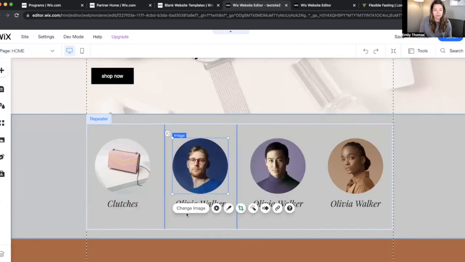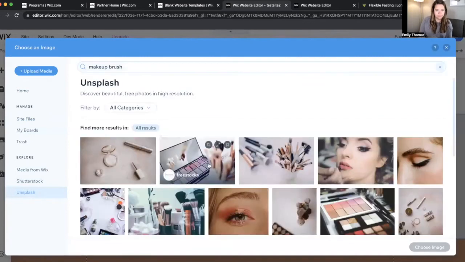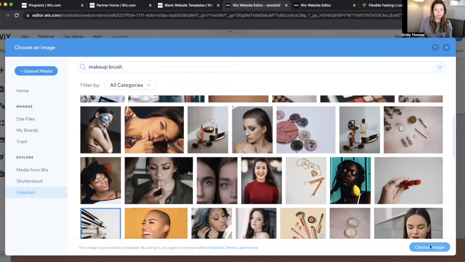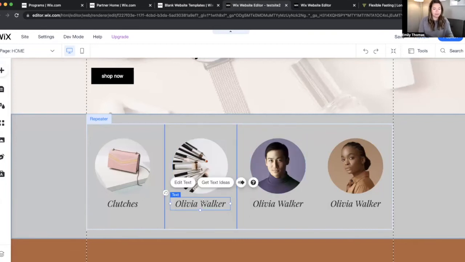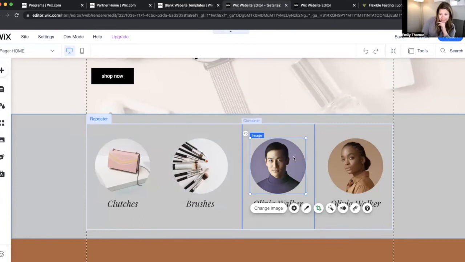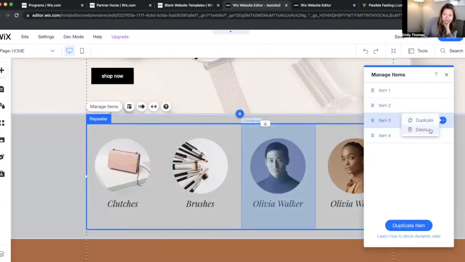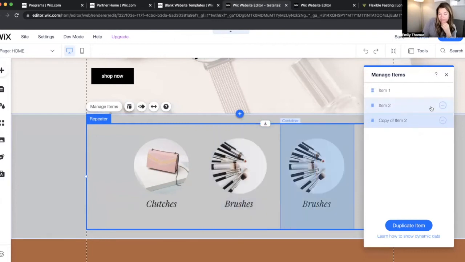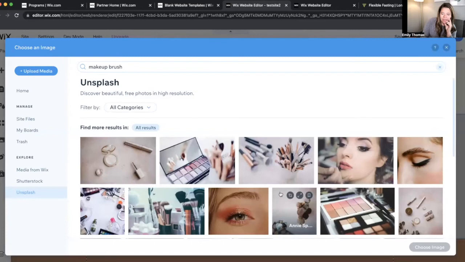Okay. So then the next one we're going to do, makeup brush. Beautiful. If you want to change this, I have a video on how to edit images. So we'll double click on this one and type in brushes. Okay. Now let's say that we wanted to delete this one and duplicate this one. Let's go to manage items. And here you can delete the unwanted ones and duplicate some things that if you want it to be super similar or whatever, that would be your duplicate button. So click change image,